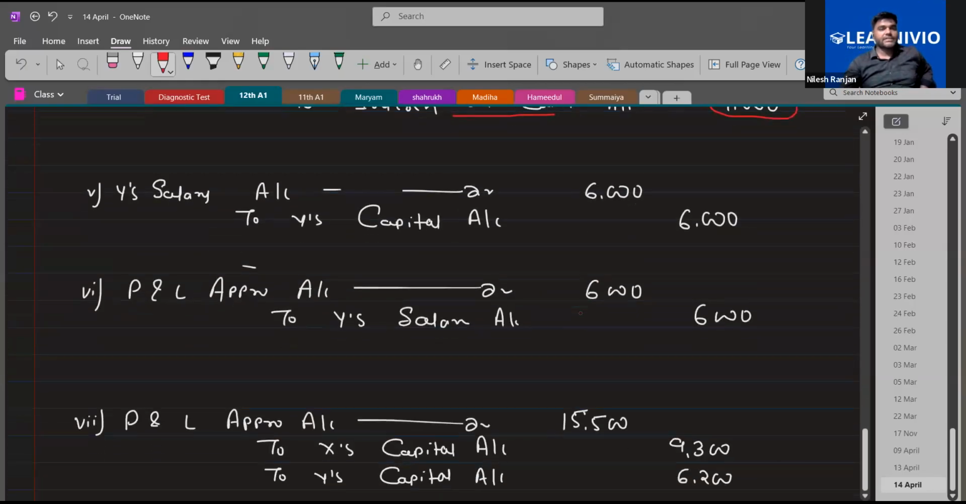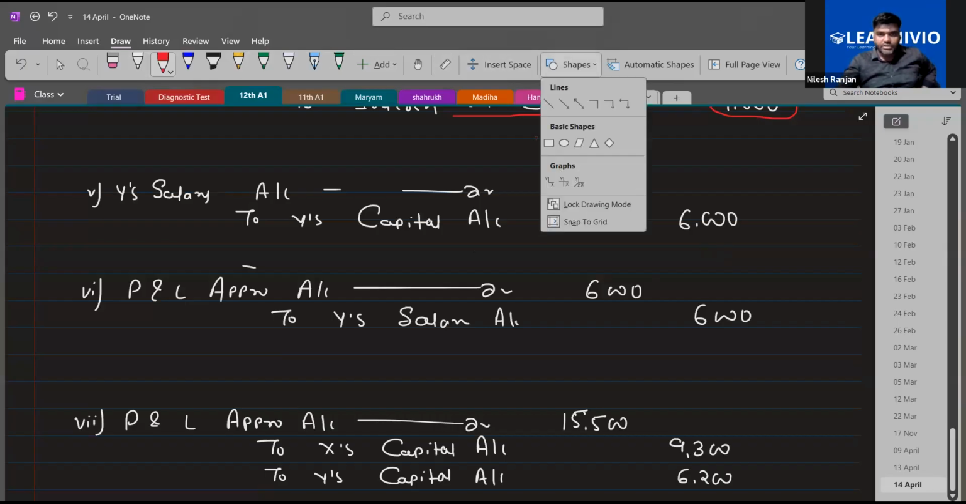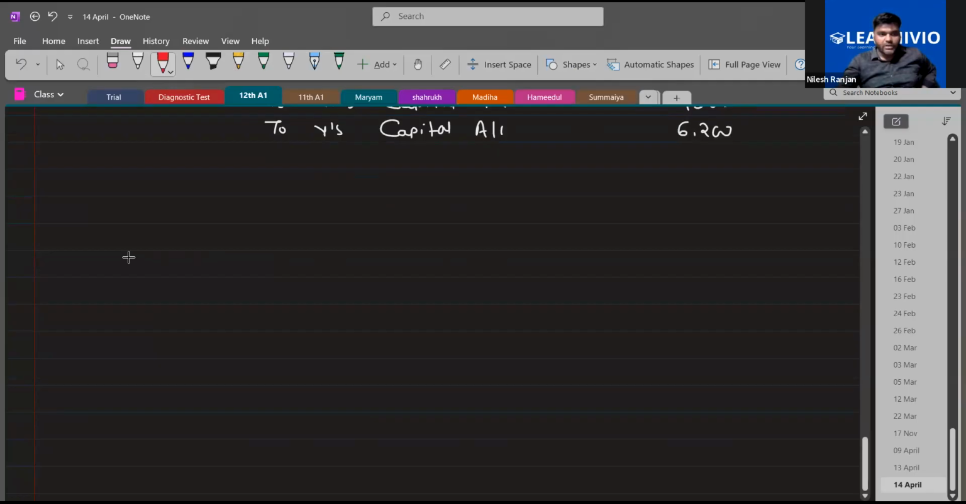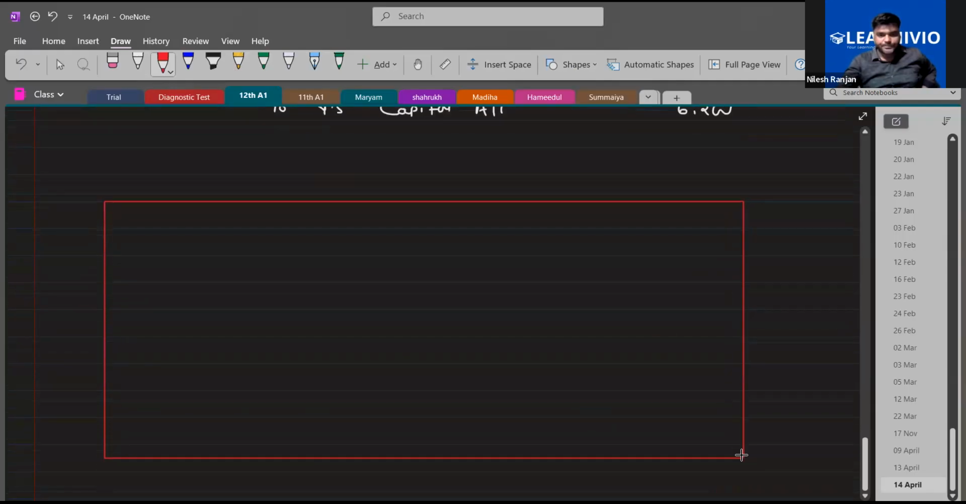The fifth and sixth entry is for salary. Again, first entry is for passing the journal entry for salary, and the second is for closing the salary account. 6,000, 6,000. Okay, Y salary to Y capital, and profit and loss appropriation account debit to Y salary account. After writing interest on capital and salary, total amount you can see here. If we prepare profit and loss appropriation account here,